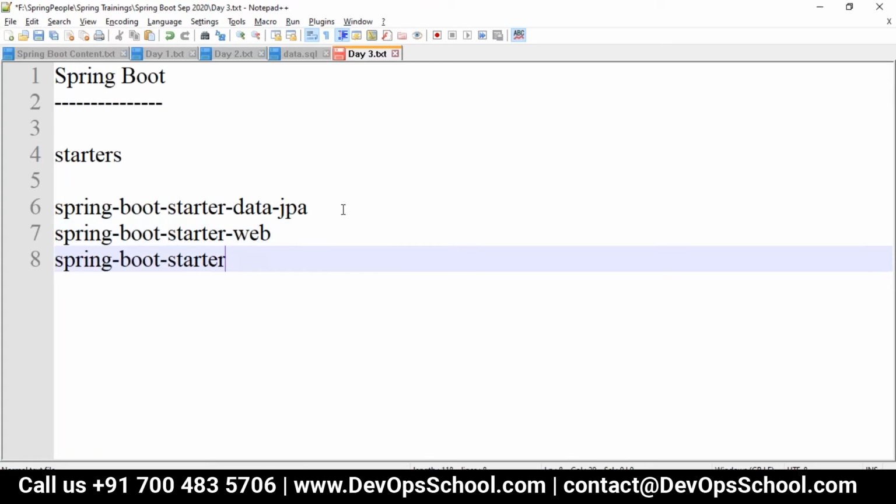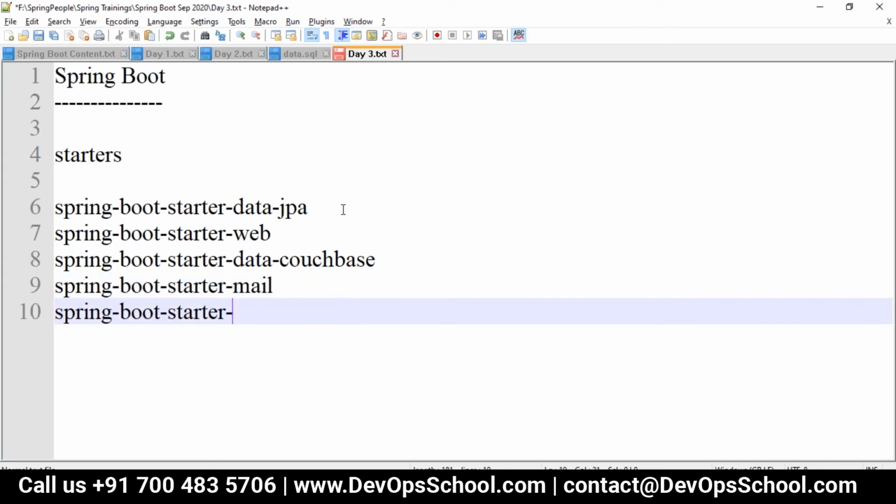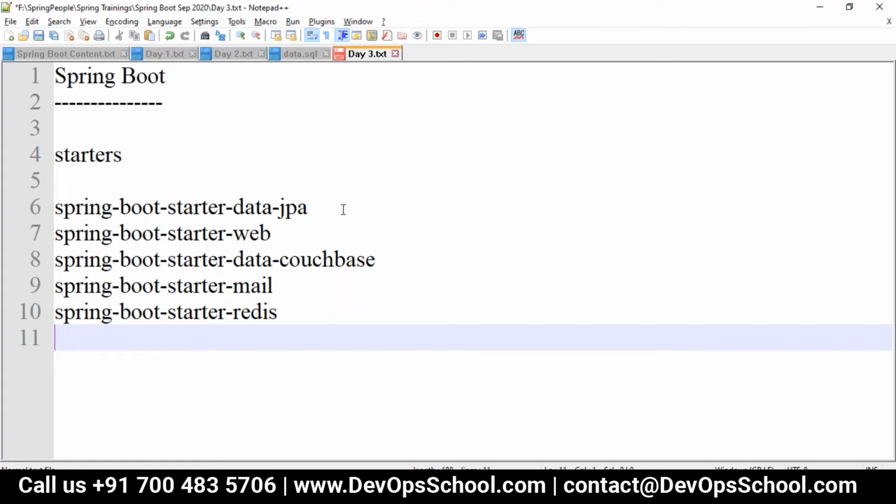Or if you are working with data with a different database, for example Couchbase. Or if you want to work with a mailing system, then the starter mail. If you want to work with a cache database or the Redis database, we have a Jedis client, so we use Redis. Or you want to work with MongoDB, you use MongoDB. Or you want to work with ActiveMQ or RabbitMQ, you will use ActiveMQ here.